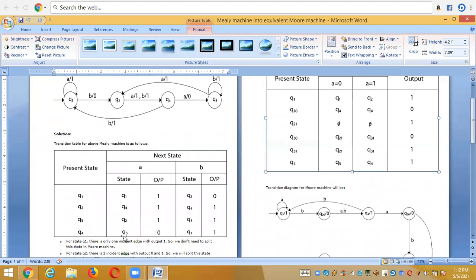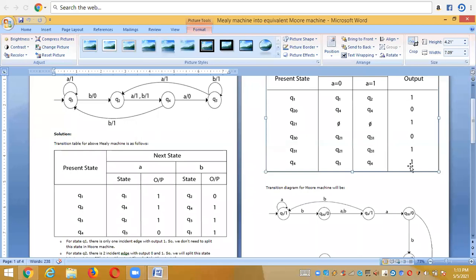And now for the Q4 and Q3, here Q4 is not a splitted state, but Q3 is a splitted state, and for Q3 you need to write Q30. You can write Q3 or you can write Q30, nothing will happen, but my suggestion is that you write the splitted state of the Q3, and that is Q30 here. And Q1 and Q4 are not splitted states. So here we have a mistake of writing the state. It is in Q1 state. And Q4 has a similar output of 1. So the output is 1.